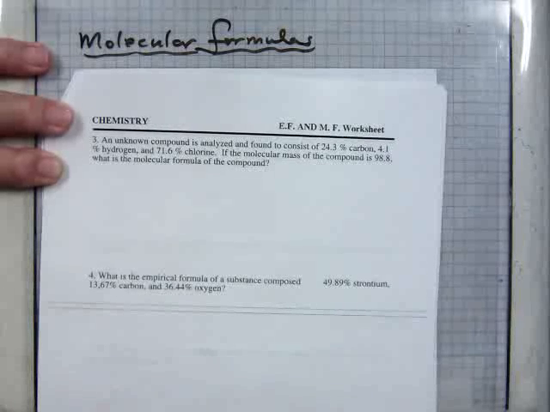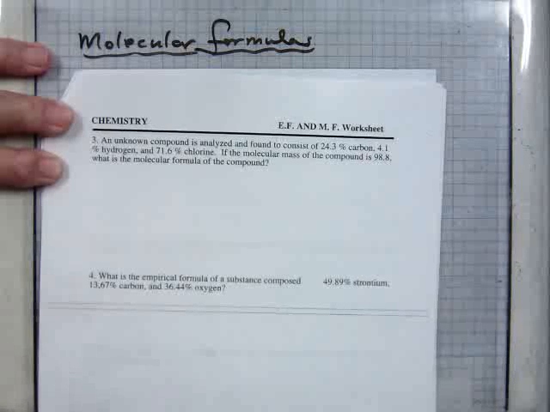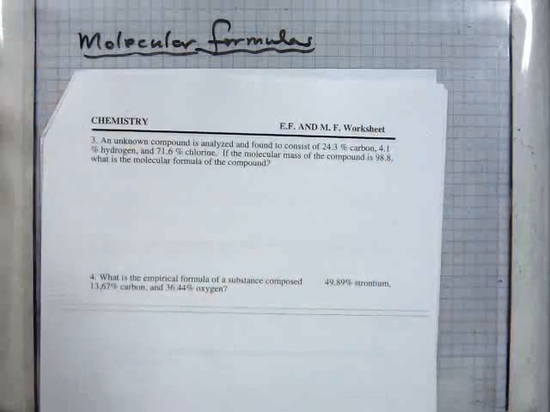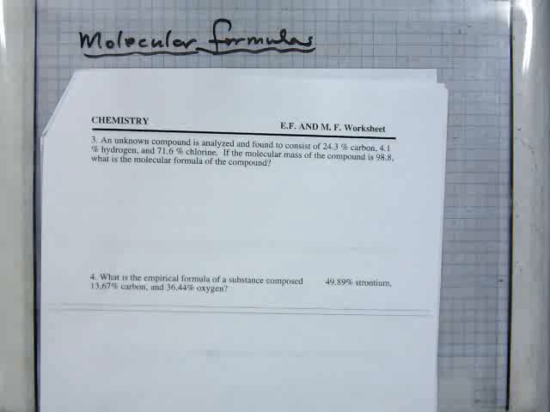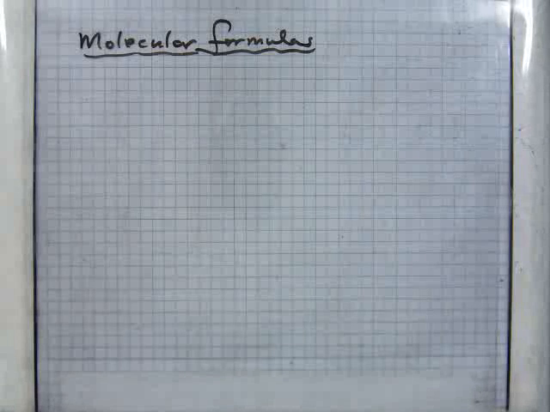So you have to first calculate the empirical formula using the procedure I just showed you, and then apply the empirical weight times the whole number multiple n equals molecular weight, which they give you in the problem, and find out what that n is, and then you multiply the whole number multiple into the subscripts of the empirical formula to get the molecular formula. So in this problem, first get the empirical formula, and we're looking at carbon,